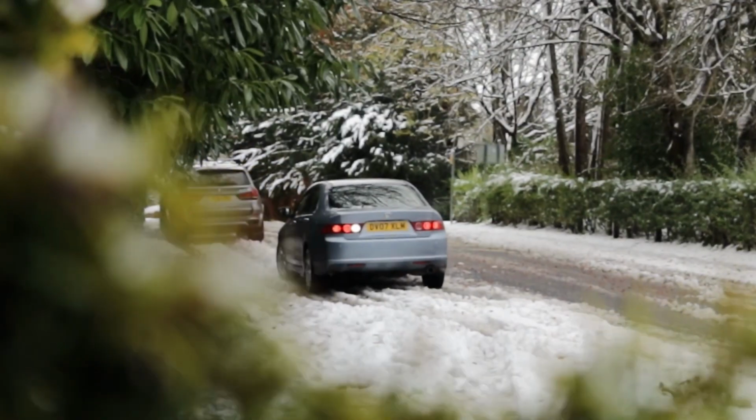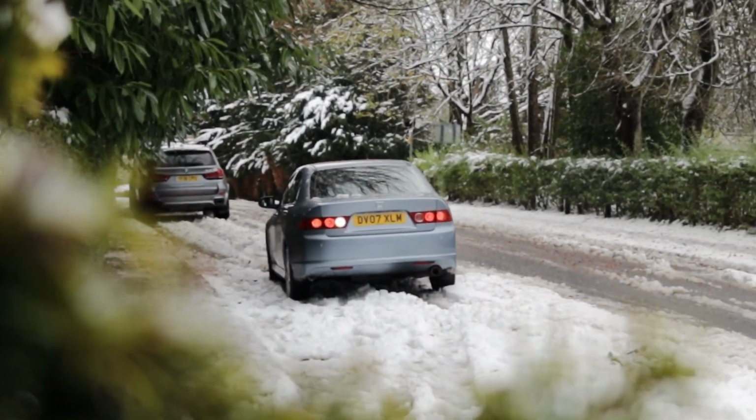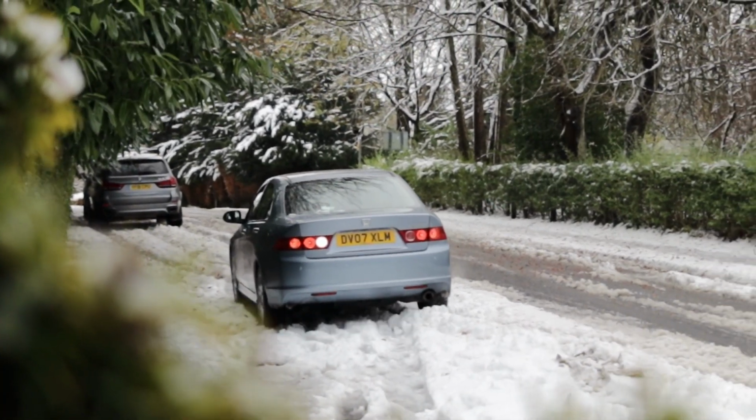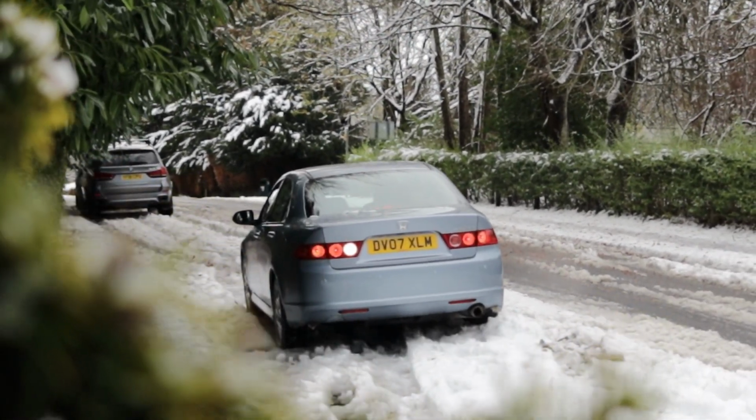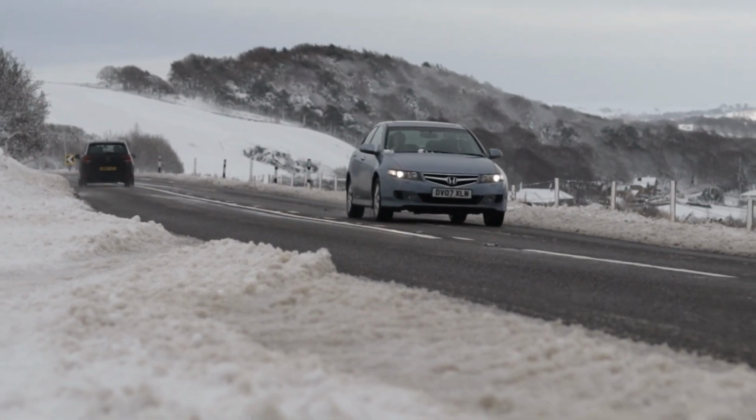The only thing is, if you've got a sports car, then obviously you want to have summer tyres in the summer and winter tyres in the winter, or just not use your sports car in the winter. That would be the alternative. Because if you want to feel the optimum level of grip with your summer tyres, then of course